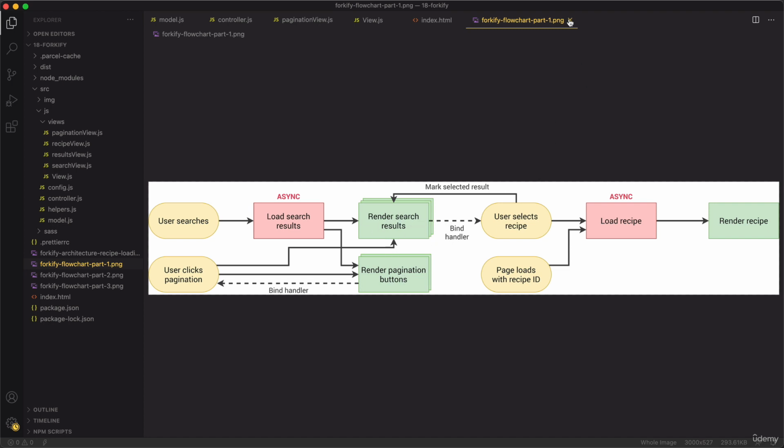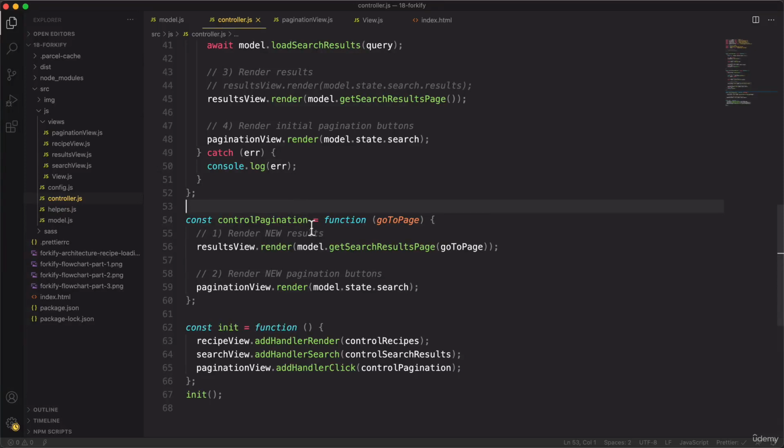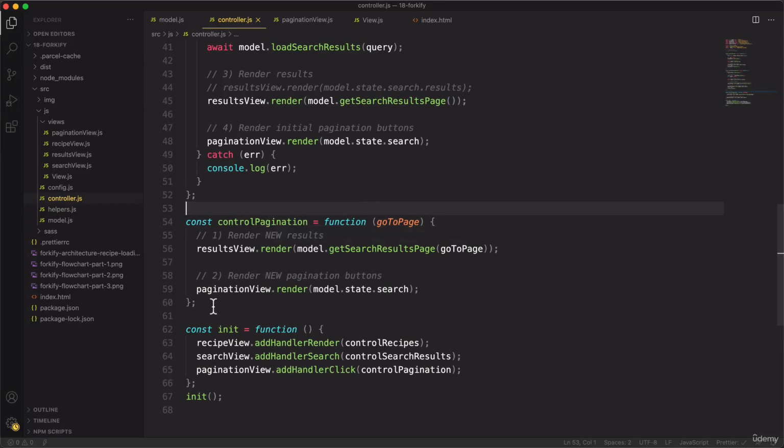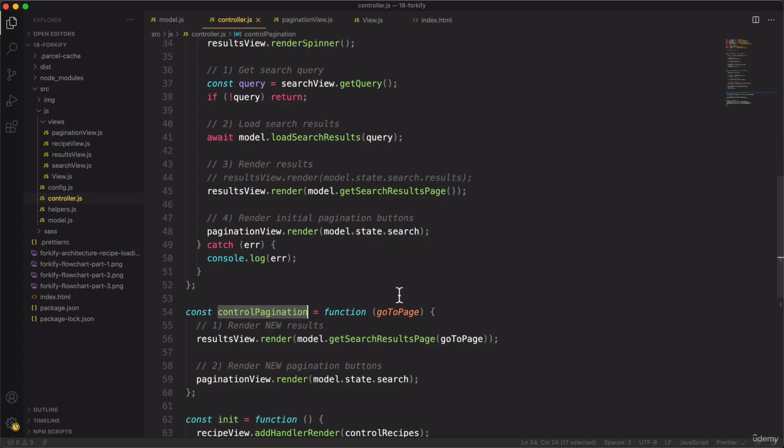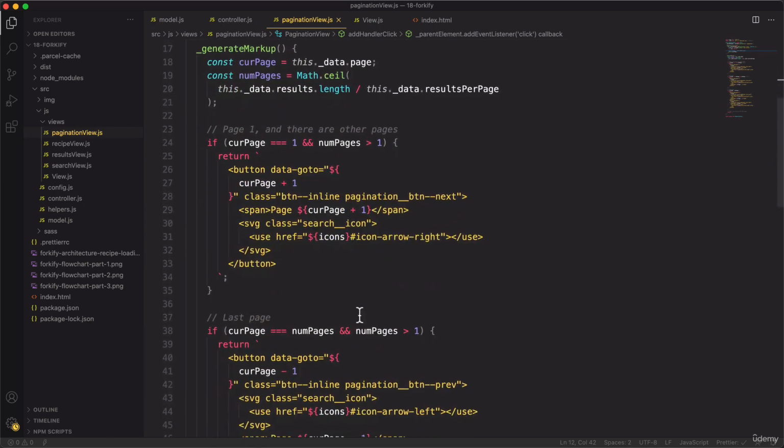So all of this is now in place, but I ask you to really analyze again the code that we have here in control pagination, as well as here in control search results. Because again, these two controllers, they're kind of intertwined. So they both are doing similar things, at least when it comes to displaying the pagination and the results themselves. So it's very important that you understand the flow of this data here, especially of this go to page. Okay, and then maybe also analyze again how all of this here works, but then you are good to go